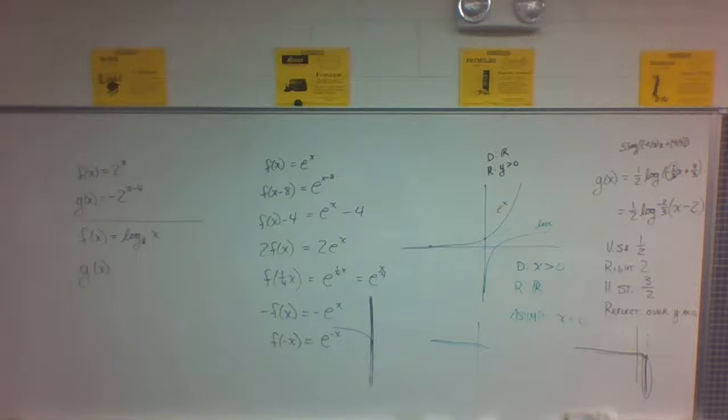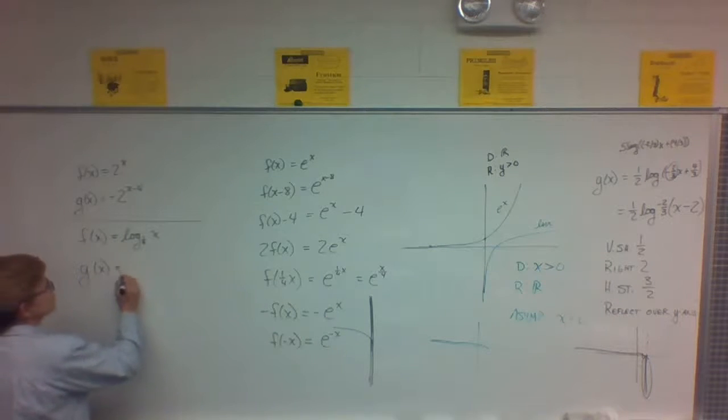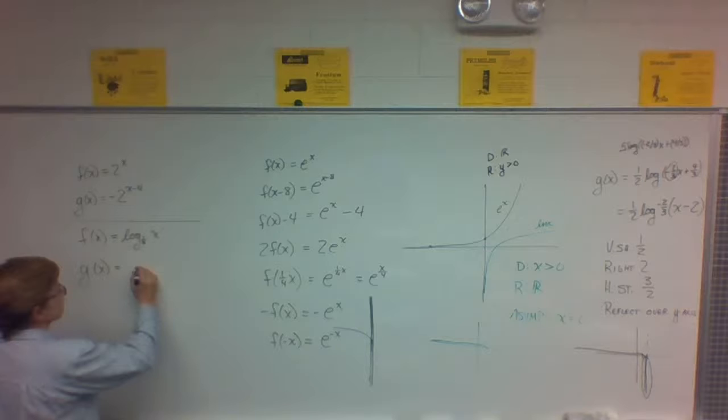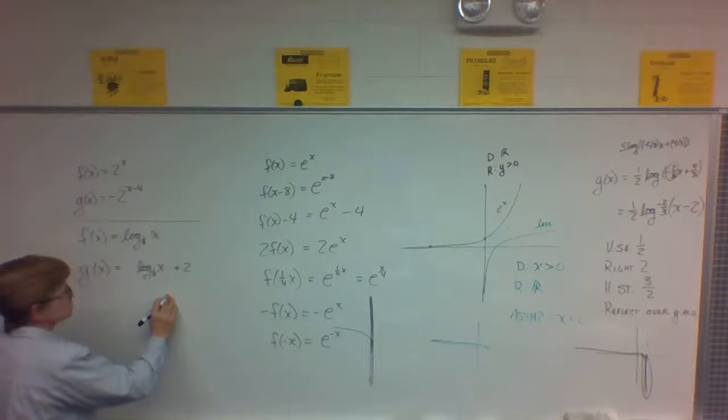Got an idea how you're going to make that happen? Think about that. 2 units up. Where? At the end after logging has happened, right? Yes, because we're going up, down. 2 units up, followed by a vertical stretch of 2. How do we do the first part? Put your log to the base of 1/3 of x, and then you'll just put the plus 2 on the end of it, indicating that it's not in parentheses, not logging the 2 as well, right? Okay. Followed by a